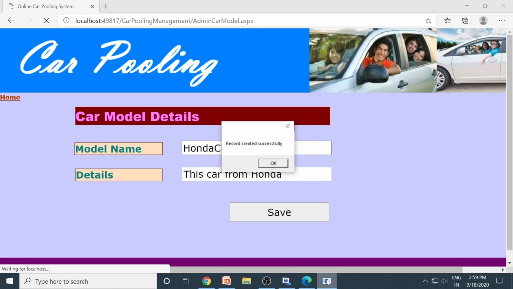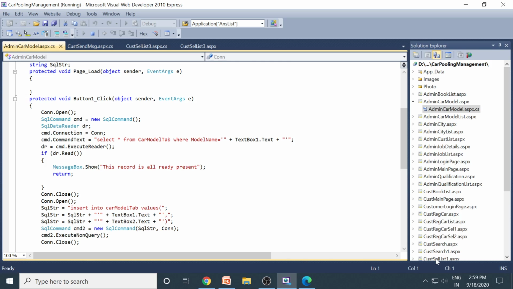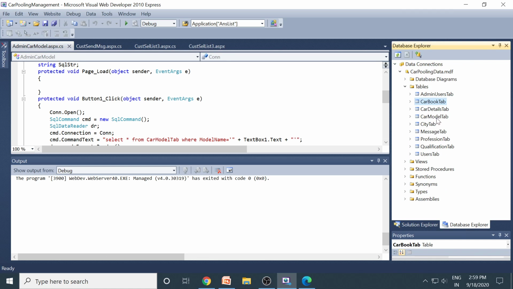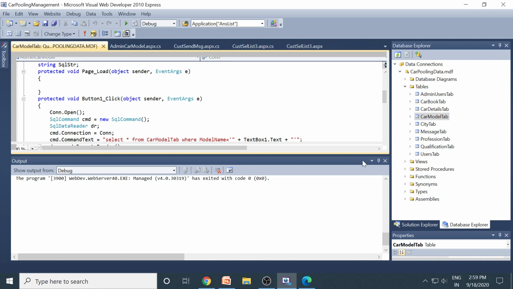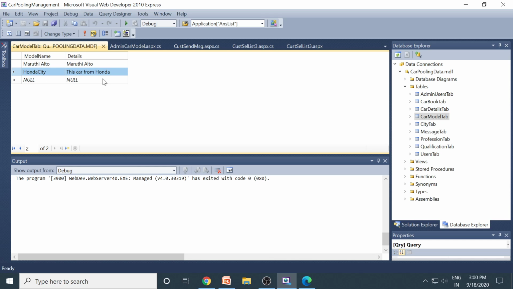Save. This data will be transferred to the table. So I'll show the table. This is the car model table. Show table data. Whatever we enter here comes to this table. Here you can see Honda City, this car from Honda. Whatever we entered has been transferred to the table.